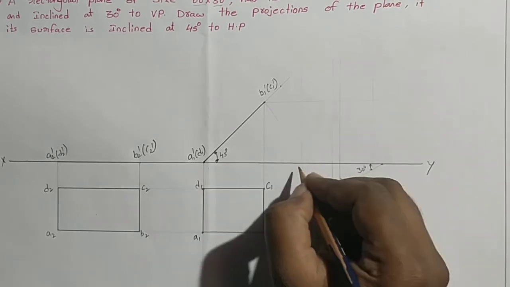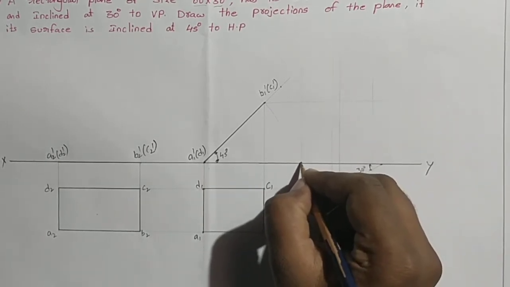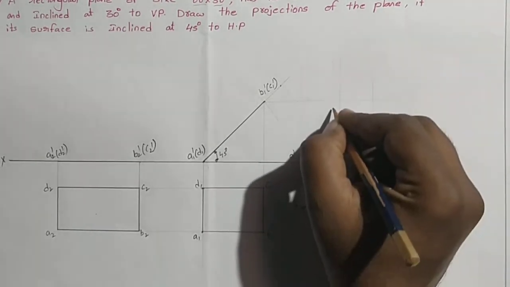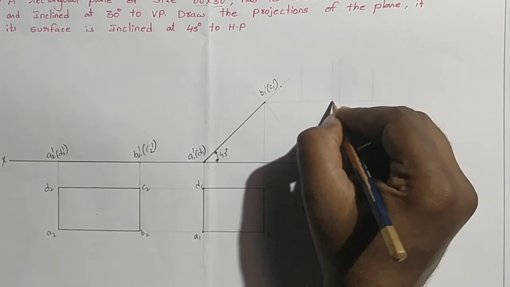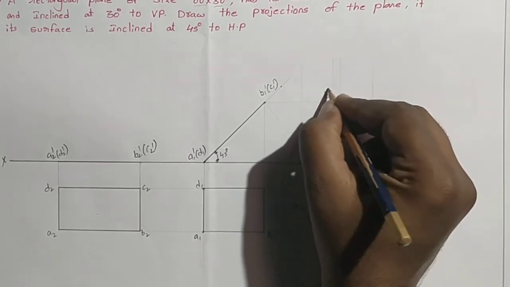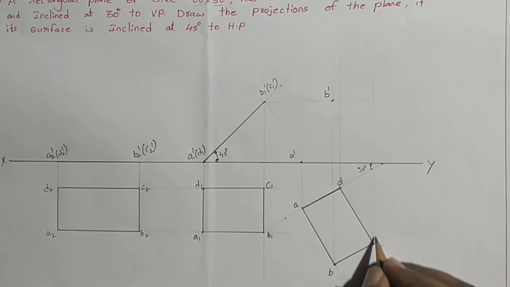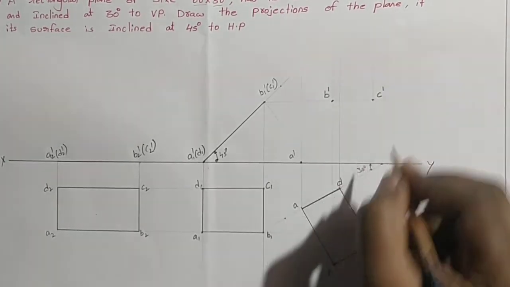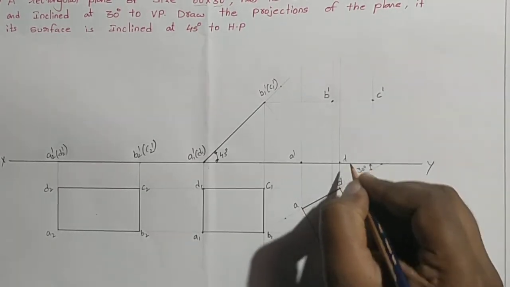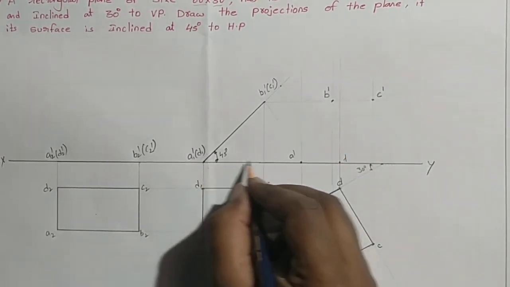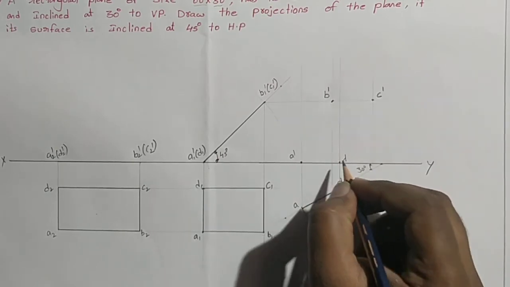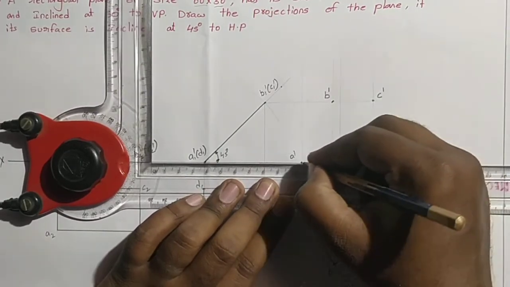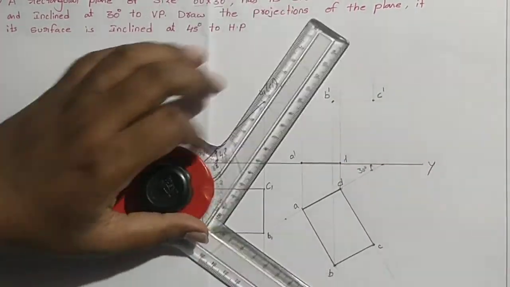Here A line is, these two lines will coincide at this point. It is known as A dash, and for A it is the vertical projection. For B it is the horizontal projection, so that these two intersect at this point, so that it is B dash. And C, similarly C dash. This point is D because it is the vertical projection and horizontal projection, these two lines will meet here. Now join A dash, B dash, C dash and D dash.